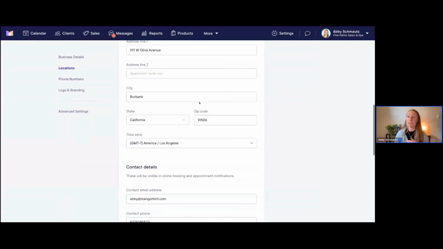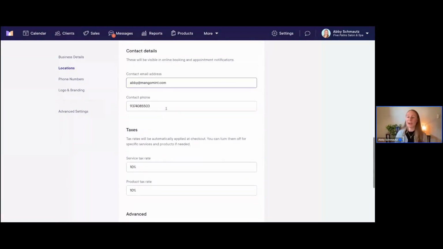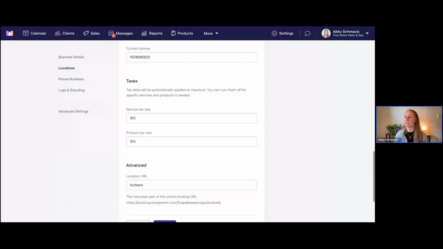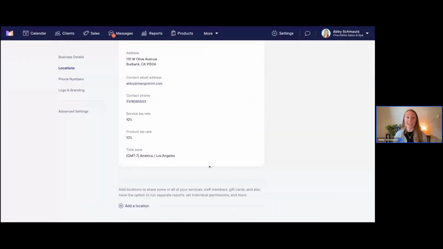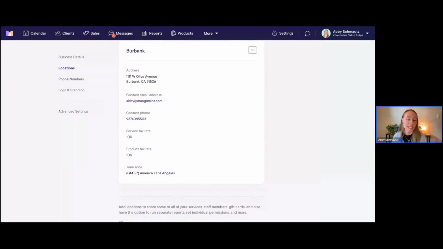And then I can go if I ever need to change the address or change the contact details, contact phone number, things like that, the taxes, all of that can be updated as needed. So this is where you can go to see all of the key details about all of the locations that you're managing in Mangomint. So now I want to show you how we can add another